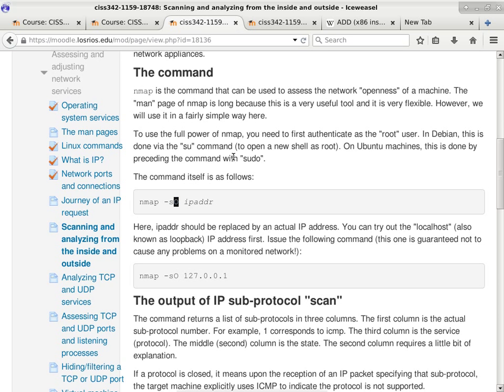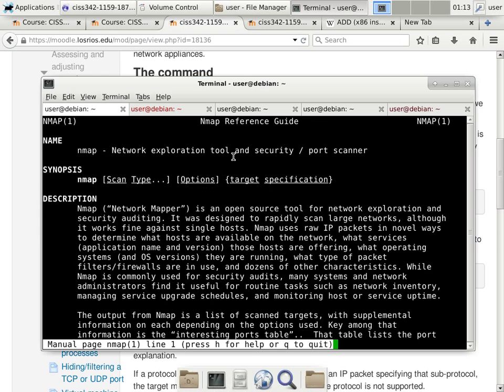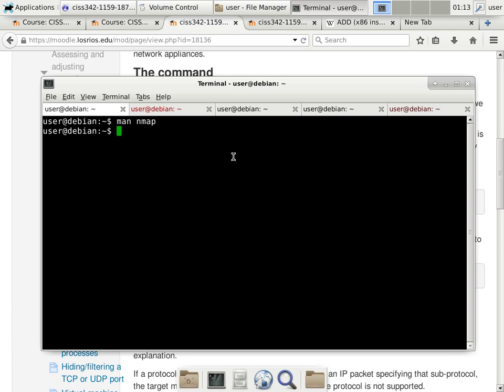Okay. If you have your virtual machine up and running, you can actually do it to the virtual machine itself. Okay, so you can basically su to switch to super user, type beer for the password, and then just run nmap -sO with an uppercase O, and then without scanning other machines, we can just scan ourselves. Okay, this is the localhost IP address.